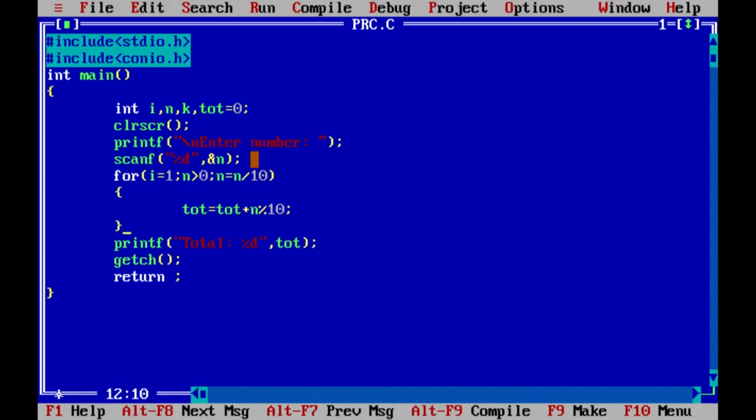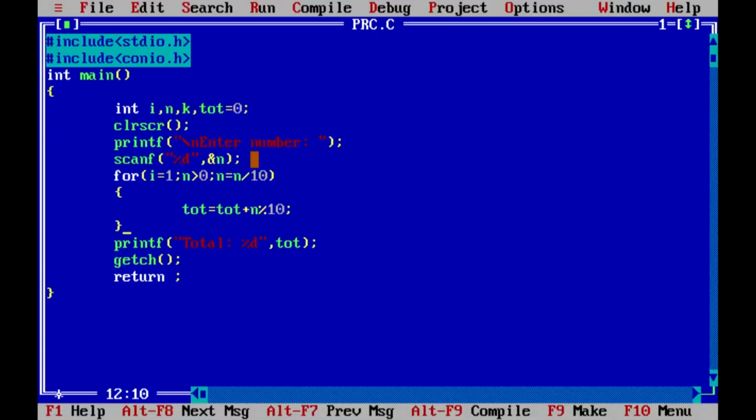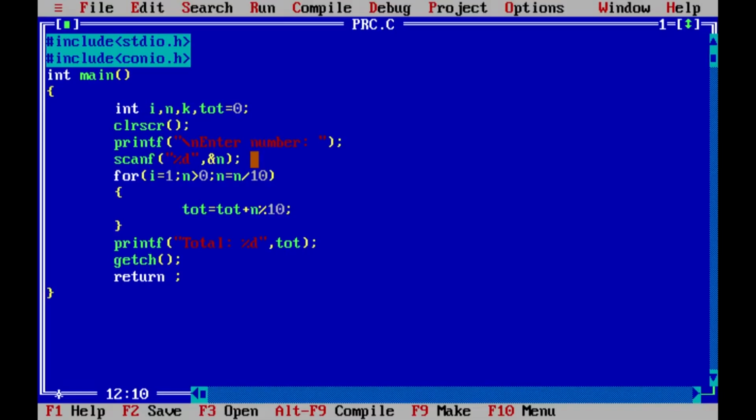Now how it is working, first we will compile it. 13, yes, the total is 4. Again we will compile it. 1 2 3, yes, the total is 6. Now how this loop is working,